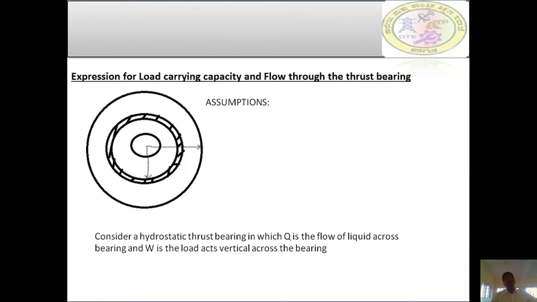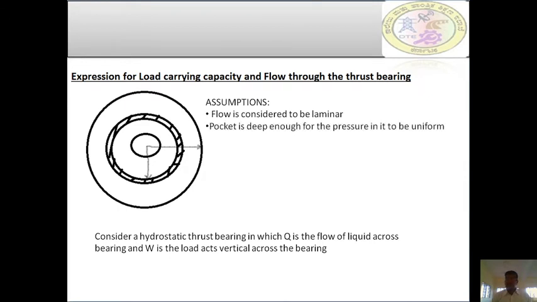These are the assumptions we made before deriving an expression for load carrying capacity and flow through the thrust bearing. The flow is considered to be laminar because the flow takes place from the left end to the right end when a pressure difference exists. We have to assume laminar flow; if it is turbulent, we cannot complete this expression. Hence, we consider the flow of a lubricant between the stationary surface and the moving surface to be laminar,